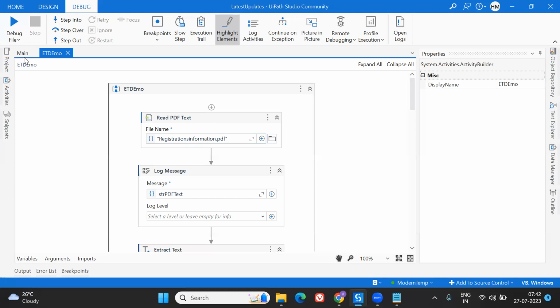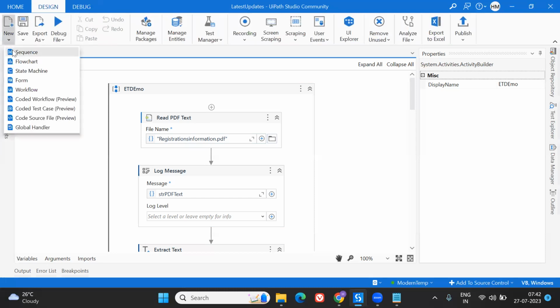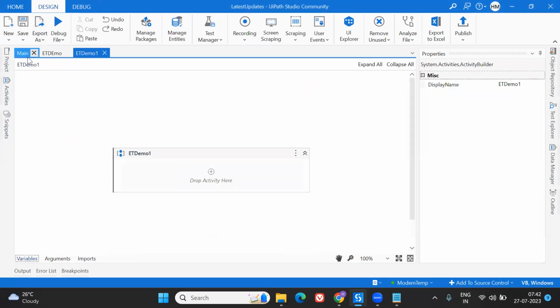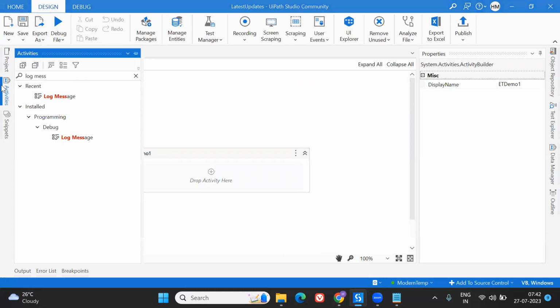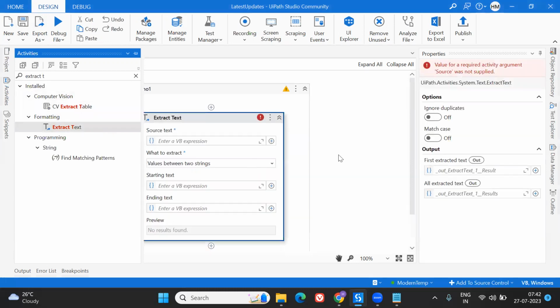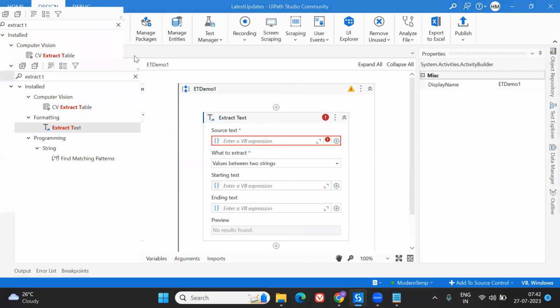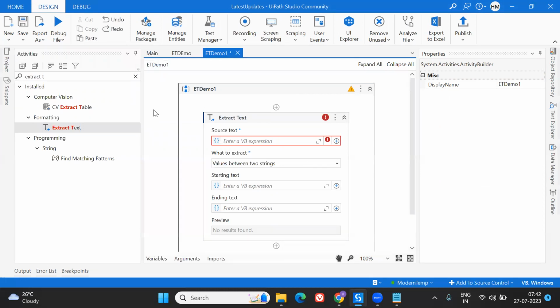For that, I will take one more sequence and use extract text. As usual, we have to put in the source text. For the source text, as I want to extract it from the HTML, I will first of all